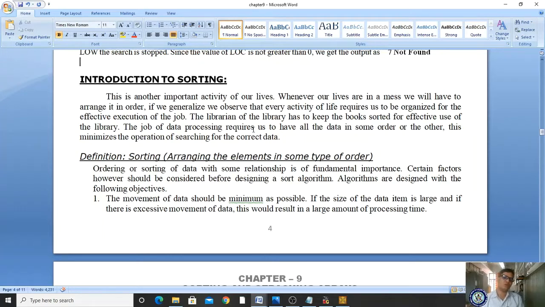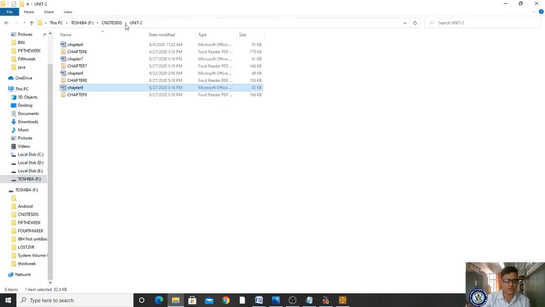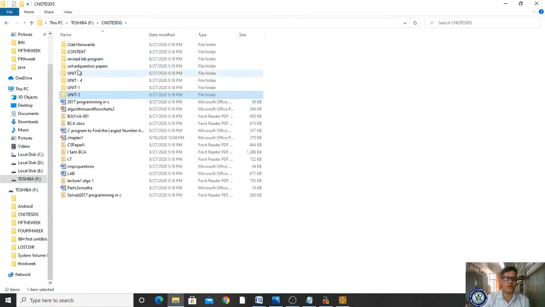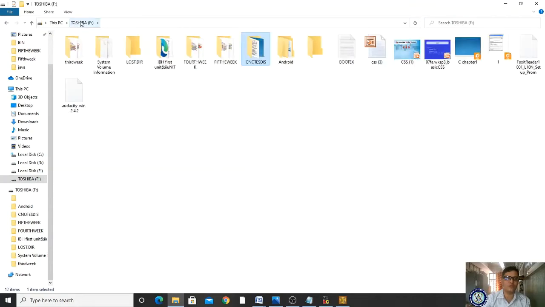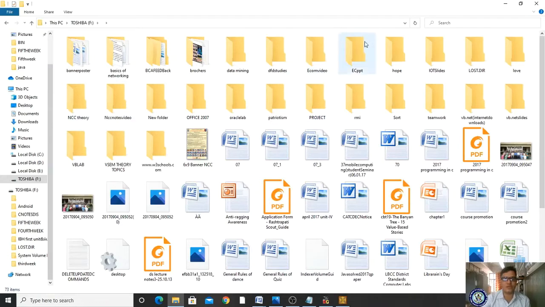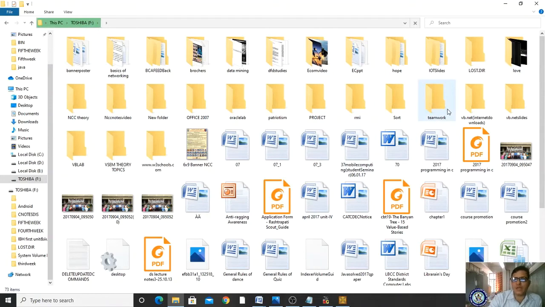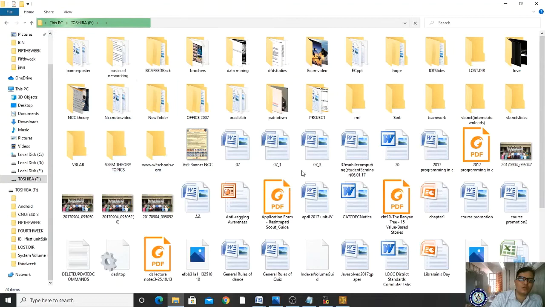Got it? You are storing a bulk of files in your computer system. If you have not sorted them, for example, I will show my pen drive. Okay, this is my pen drive. If I have not sorted it folder-wise, and I place every chapter within one single folder, then it becomes a confusion. For example, if I open my folder here, it consists of thousands of folders. If I didn't arrange this in a proper manner, then it becomes very tough to search or sort my files.